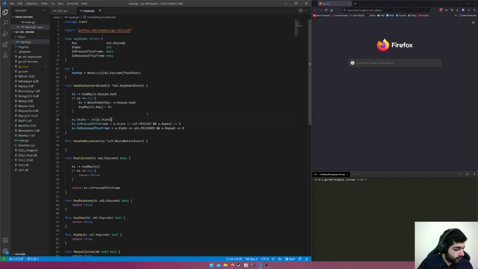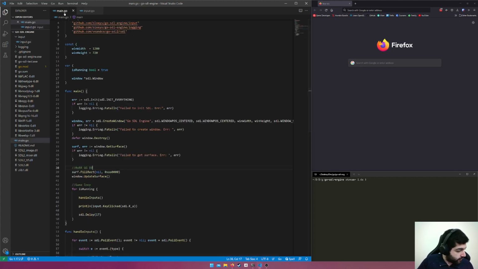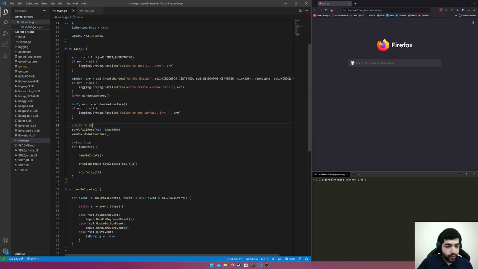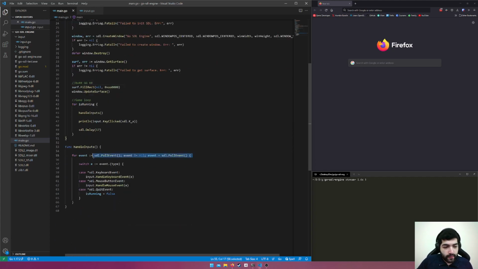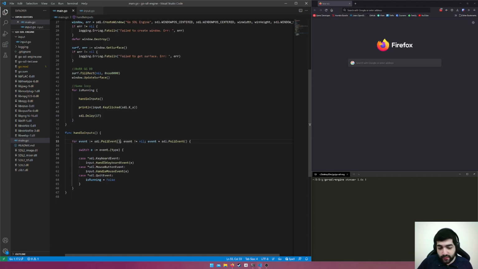So we are reading all the states. We're using SDL's poll event, so we're polling the operating system continuously for inputs, and we started writing routines to essentially have